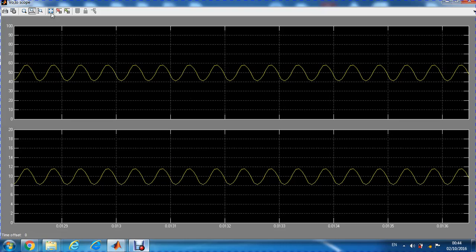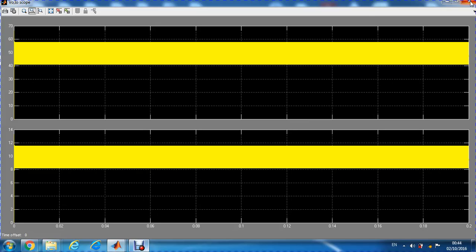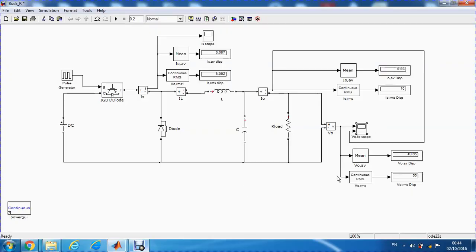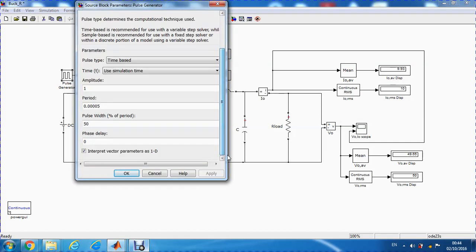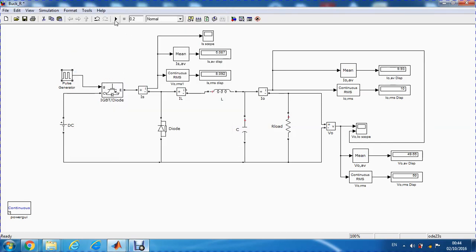That's a good achievement actually, and let's see what's going to happen if I increase the duty cycle. Just increasing the duty cycle here up to 75%, and we run the simulation again and we will see the results. Yes, if you look here, this is the average value, the same as we had in the resistive load, so it's almost 75%, and the RMS value is almost the same for the voltage,